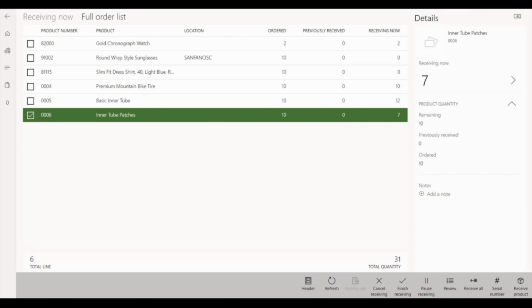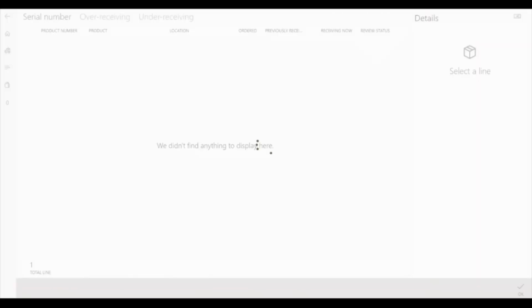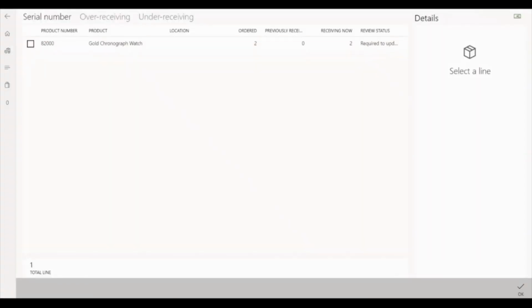Now, before proceeding to commit the receipt, I can use the review action on the app bar to validate this purchase order with all the data I have provided so far. I'm prompted with this side panel showing me the review results. Currently, it shows 1 hard error and 2 warning messages. I can click the Go to Review button to get more details on that, and it will open this Review